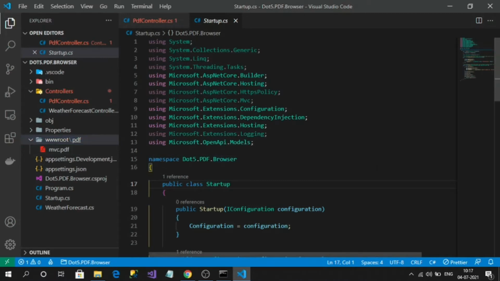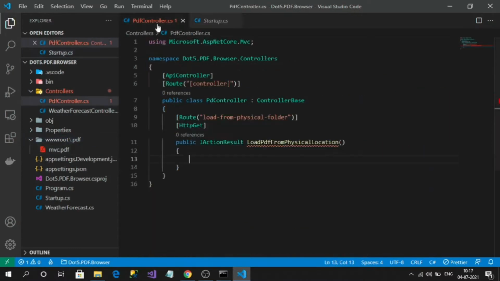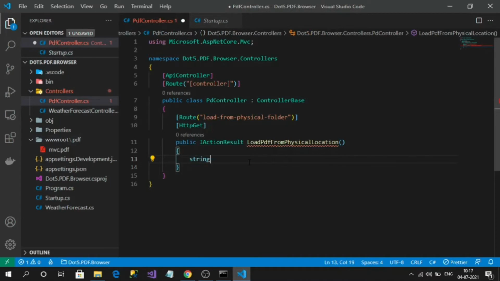Now my target is to load this PDF from my web API endpoint. Let's assign our path.